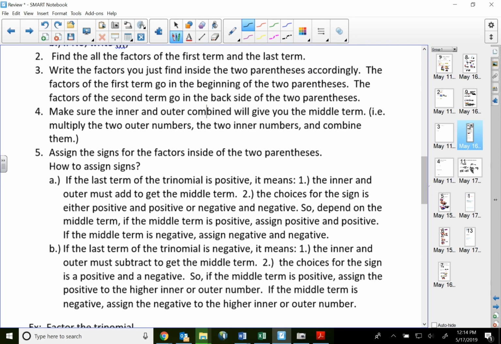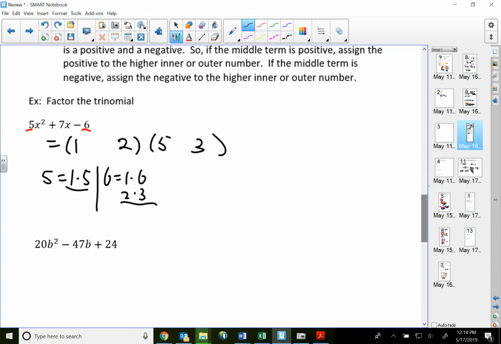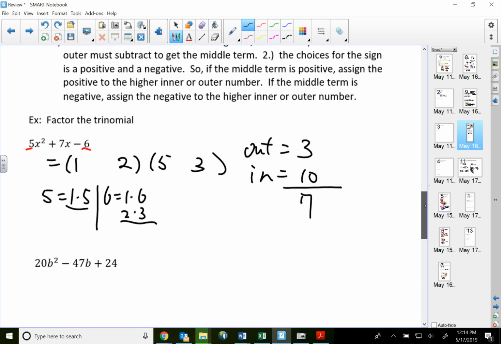All right, step number 4. Now make sure the inner and outer combined will give you the middle term. Remember the FOIL method. Right now, my outer 1 times 3 is 3. My inner 2 times 5 is 10. Can 10 and 3 combined somehow give me my middle term 7? Yes, I can if I